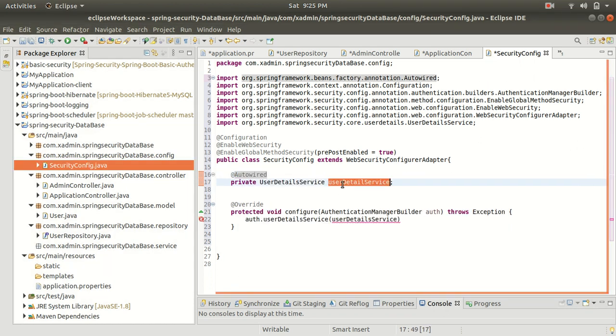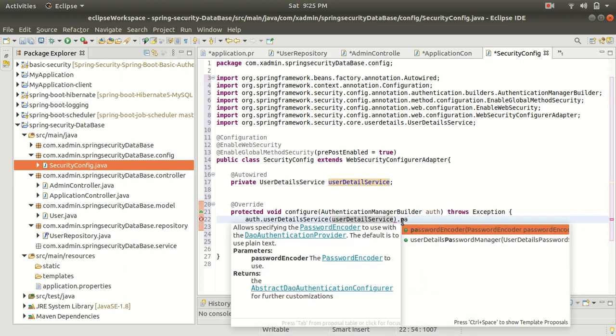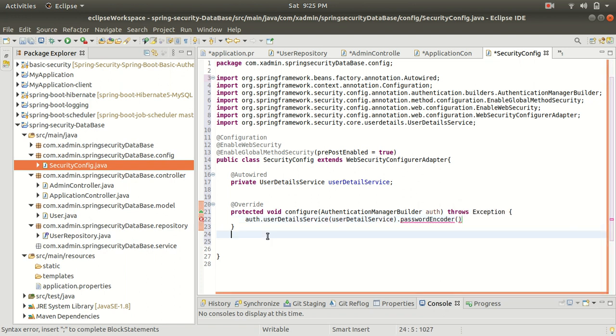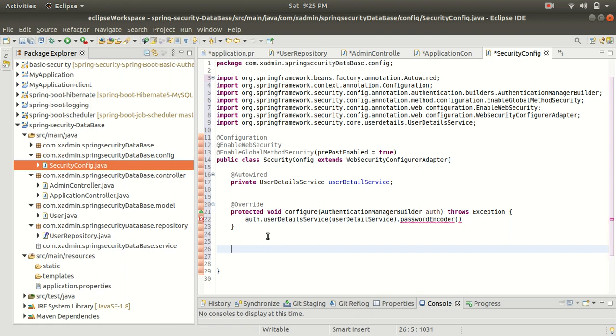So let's pass this reference variable inside our userDetailsService argument. Alright. And here I will call the password encoder. Now guys, I am going to create one more method. Alright. So guys, we have to add this method because guys, we are using the Spring Boot 2.0 versions. Alright. So that's why we have to add the encoder. Alright. So we have to override the encodePwd method.